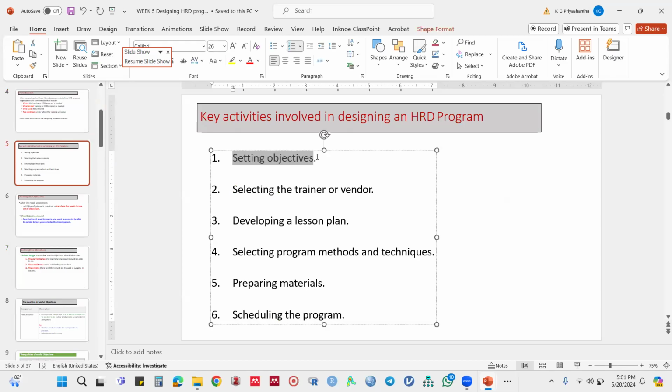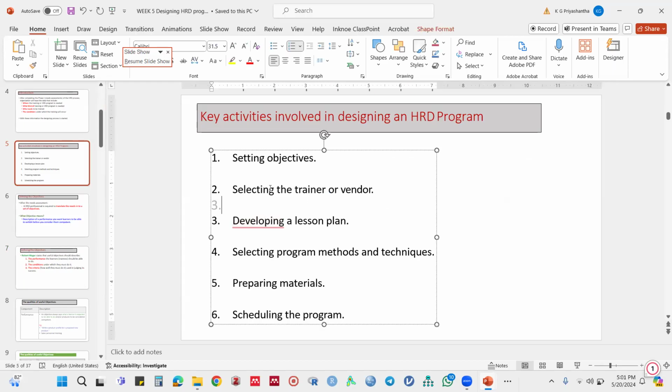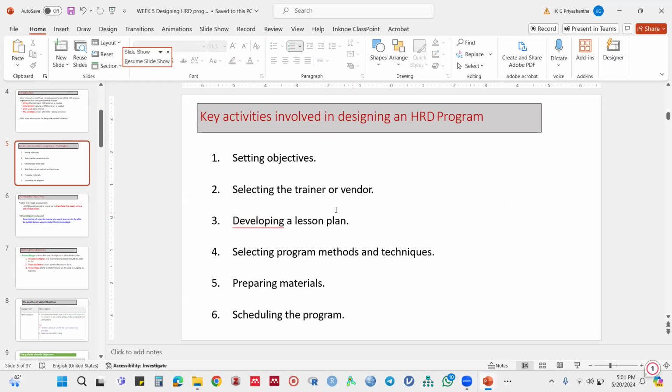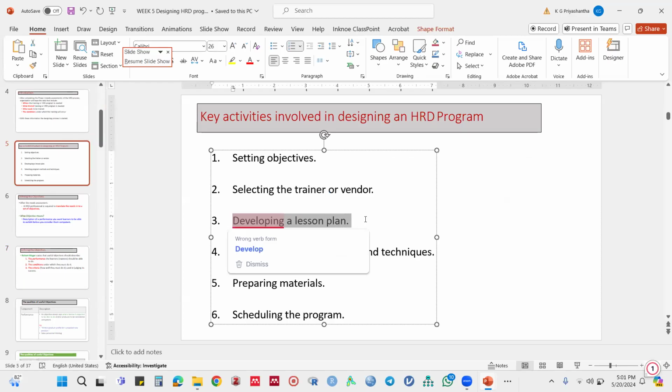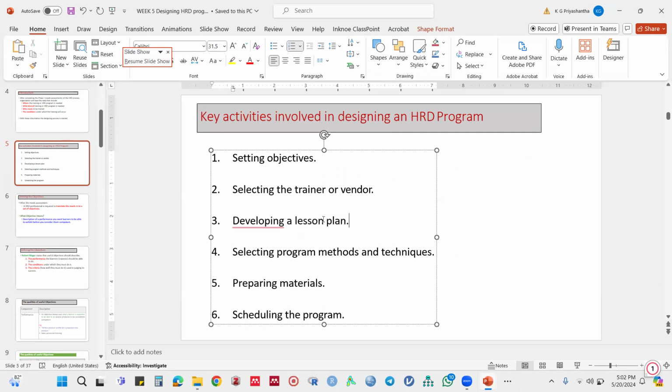We discussed setting objectives, selecting the trainer or vendor, then developing a lesson plan. You can simply just refresh our memory on this particular slide. We are in this third one. Once we have selected the trainer or vendor, we can develop a lesson plan. So we are now going to discuss the